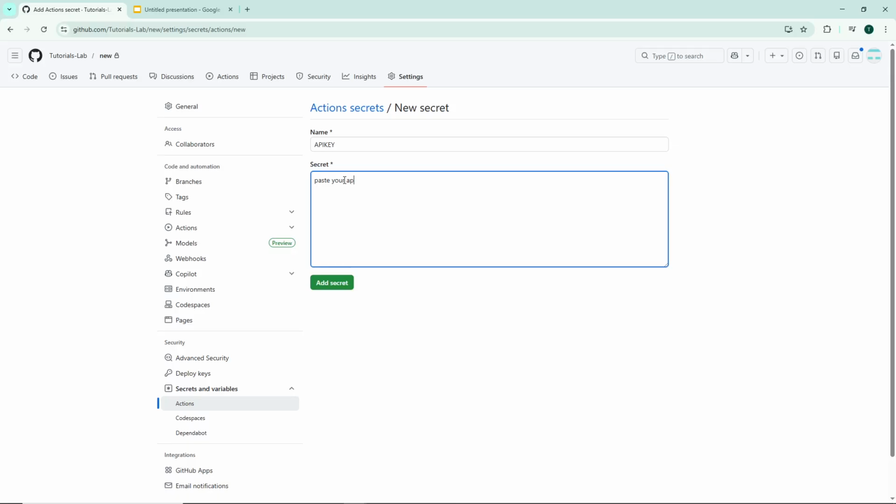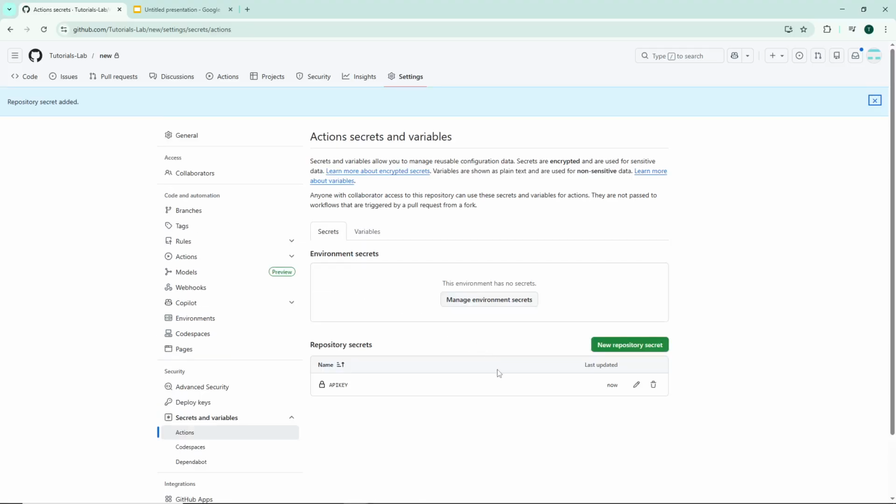Once you save it, GitHub will encrypt this value and you won't be able to view it again in plain text. So make sure you've copied the correct key before proceeding. Click the green Add Secret button to save it. GitHub will process and encrypt your secret, making it available for use in your workflows while keeping it hidden from